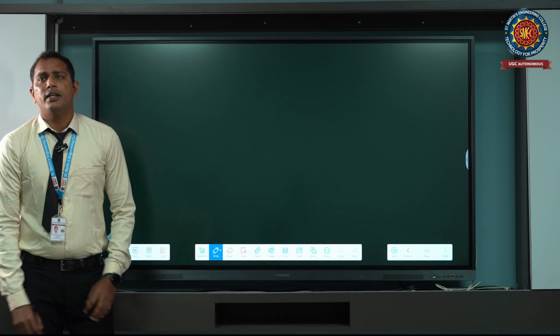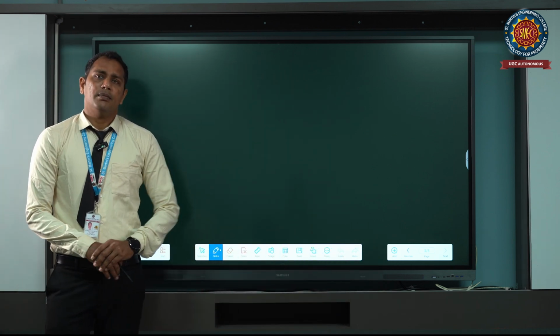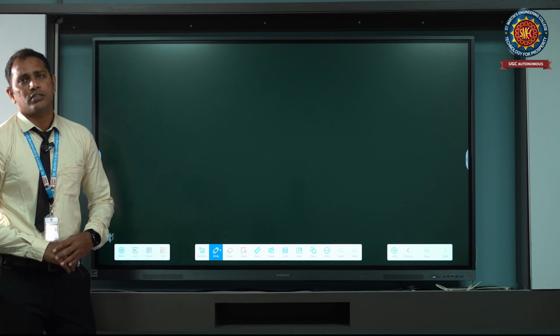In software engineering, the software is made up of layers. What layers do we have in software engineering?